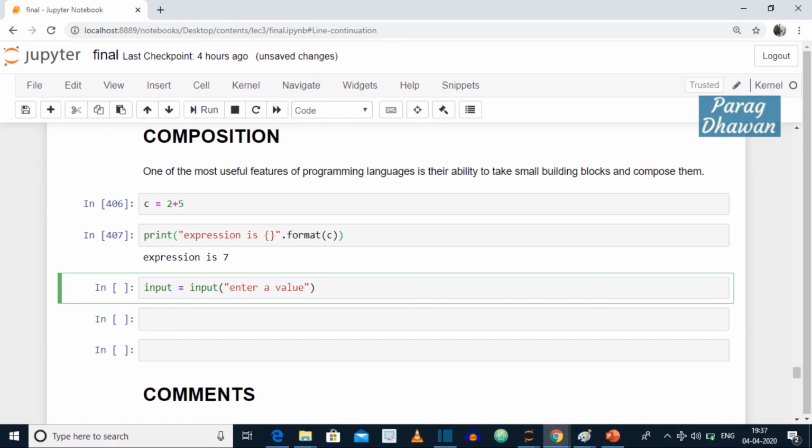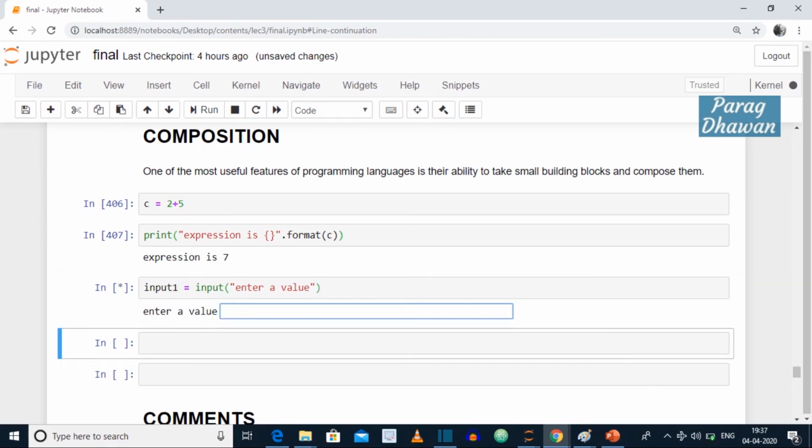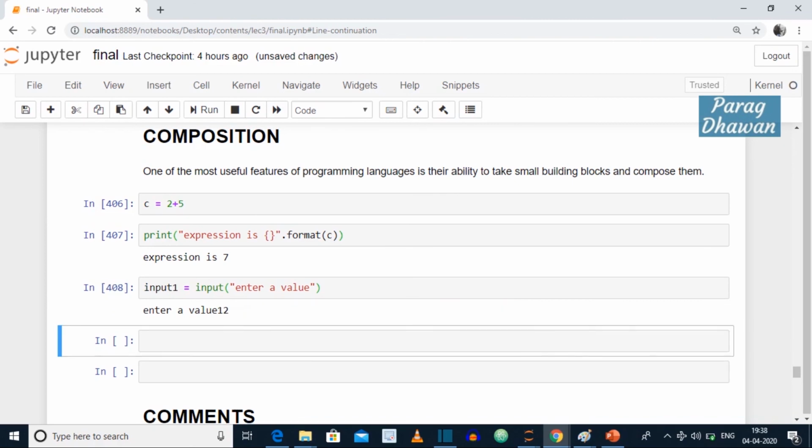The variable name should not be a keyword, therefore I am writing input 1 here. This will prompt that you have to enter a value. I enter a value as 12. Input 1 contains a value 12.